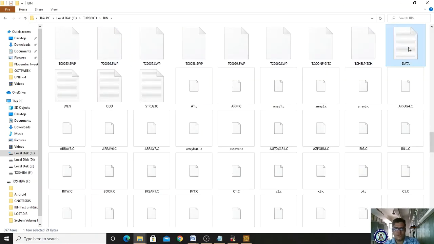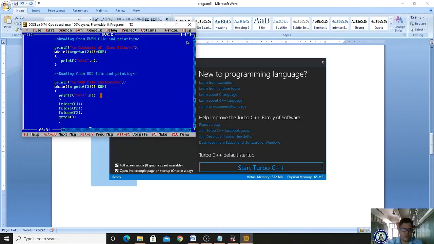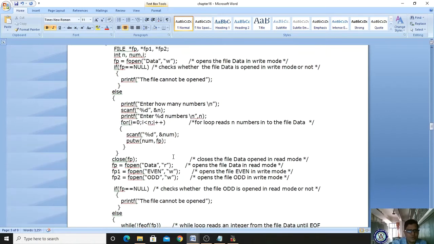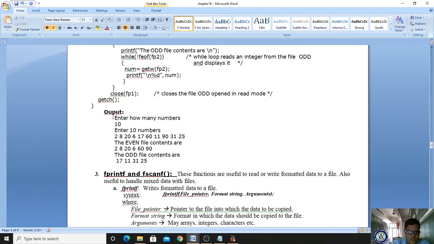So this is your data file, right? It is a text file. Got it? If I open this, it is showing an error. This is because of 64-bit, your operating system's problem. Clear? Yes. So that is the usage of your getw and putw functions. Okay, so these are very important things. Likewise, you are entering, we did the same program. Clear? So this is also a very important question. Hope you understand this concept. We will meet in the next